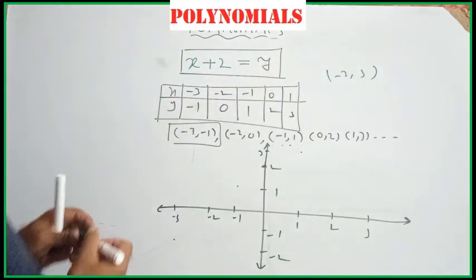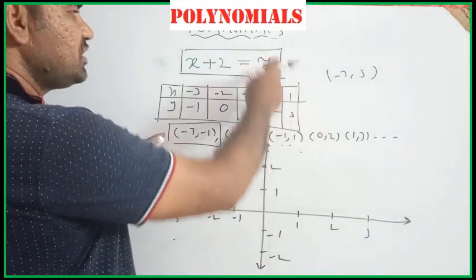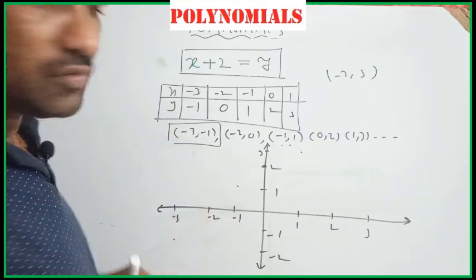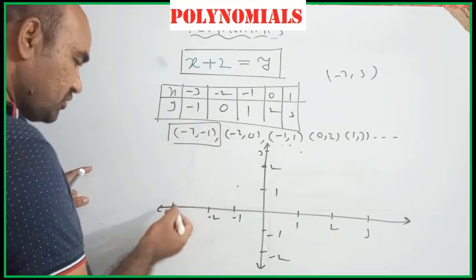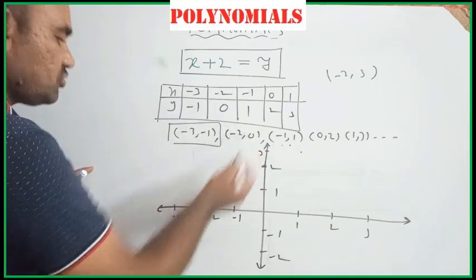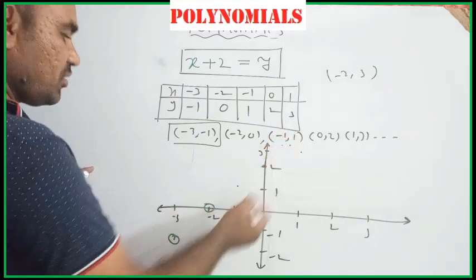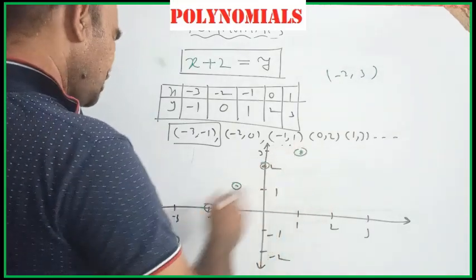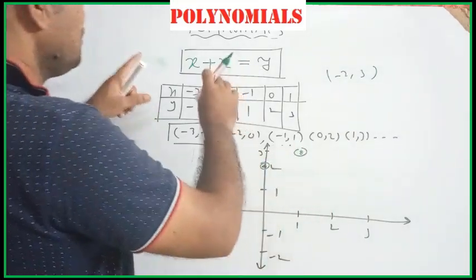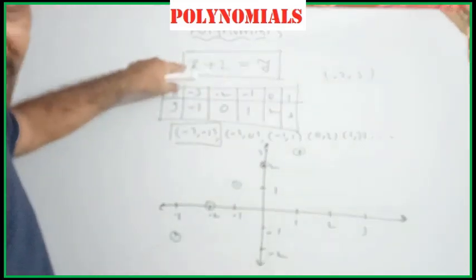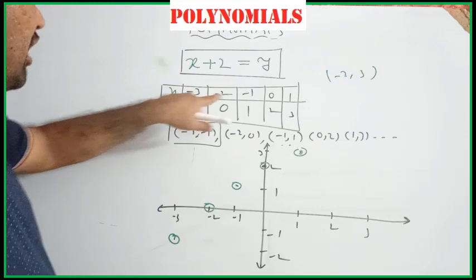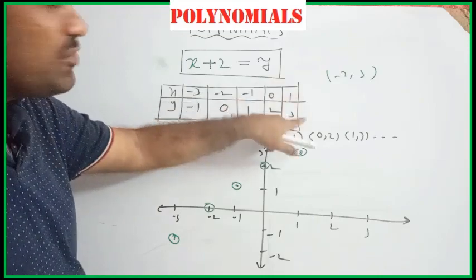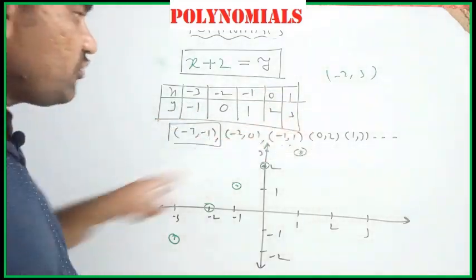Okay, students. So these are some of the solutions of this linear equation. Every solution represents a dot on the coordinate plane. Just plot them. (Minus 3, minus 1) somewhere here. (Minus 2, 0) here. (Minus 1, 1) here. (0, 2) here. (1, 3) here. Actually, when you take all ordered pairs, x and y are real numbers. Here I took x equal to 1, but actually you need x equal to 1.1, 1.2, 1.3, 1.4. You get infinitely many x, which means there are infinitely many y's.